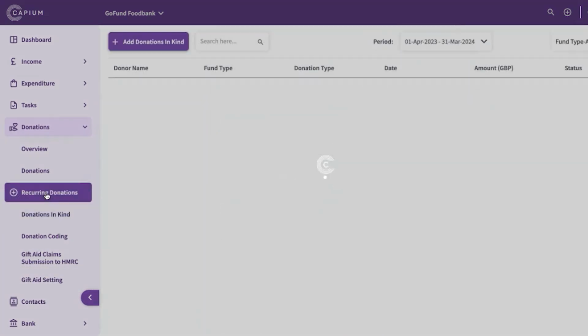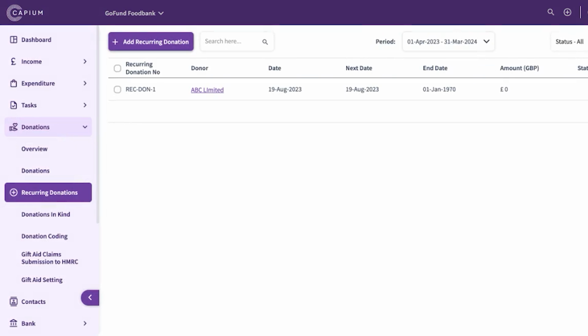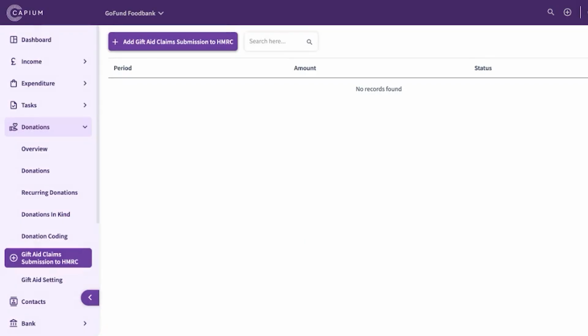We have recurring donations, so you will be able to set this up in place where if you have a direct debit set for your charity, and on top of that, there is also the gift aid section. So in the gift aid section, you'll be able to claim gift aid for any donations that you've created in